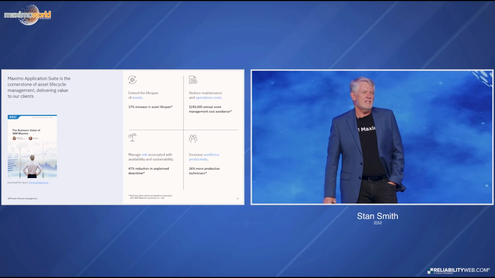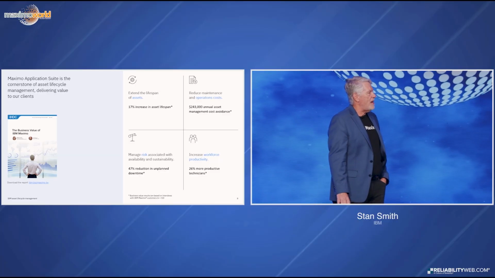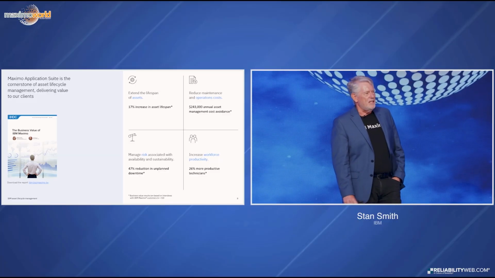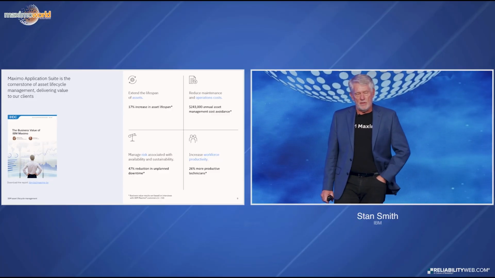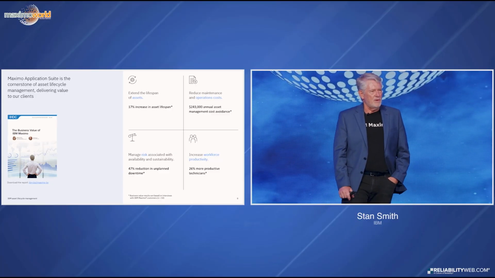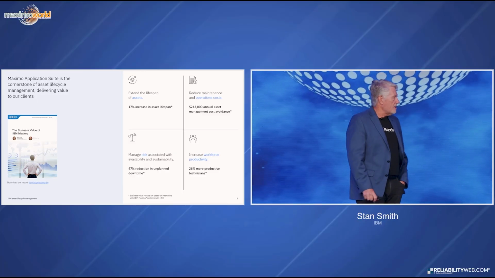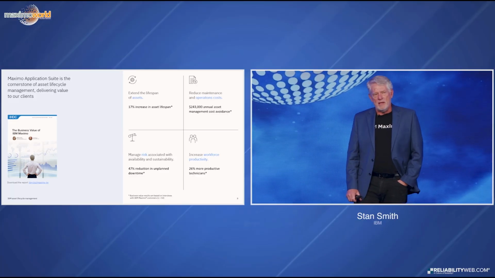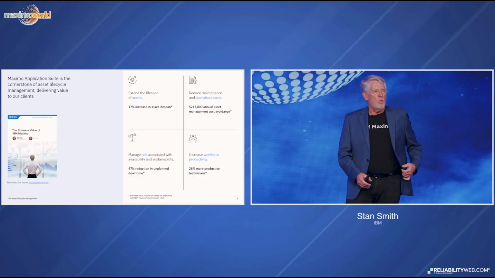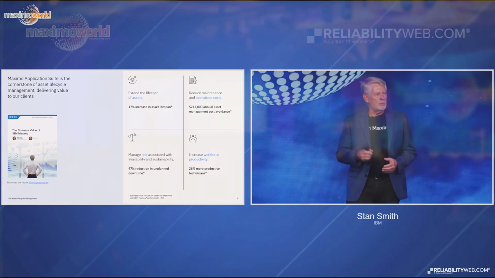Now, we do this for a reason. You all implement the software for a reason, whether those are things about extending the lifespan of your assets, reducing maintenance and operation costs, managing the risk associated with your assets, the availability, the sustainability of them, or workforce productivity. Kendra showed this slide also. It's one that we use a fair amount because it brings it back to why you are implementing the software. Why are we creating the software? And it's really to try to